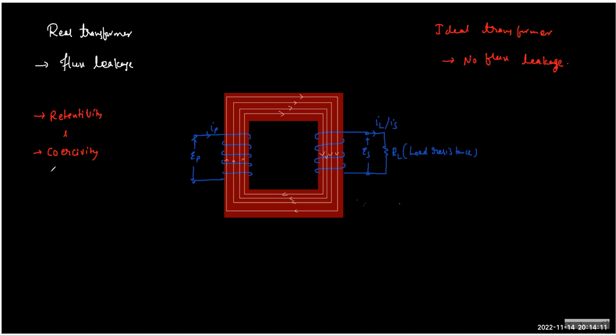So we have two properties of a medium called retentivity and coercivity. And generally, it is desirable for a transformer to have very little retentivity and very little coercivity. The reason is, in a transformer, the primary source is sinusoidal, so it will keep on altering the direction of current, right? So the current will be up and down, up and down. And we want a similar fluctuation for the secondary also.